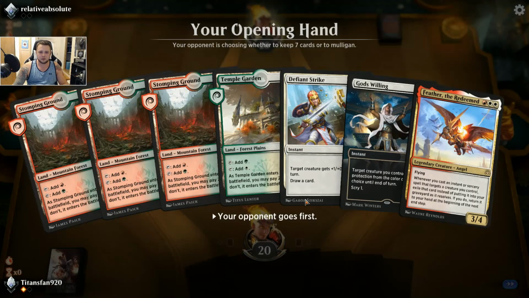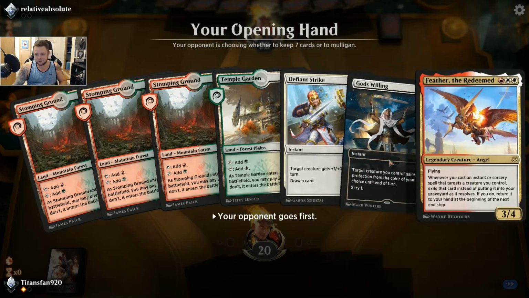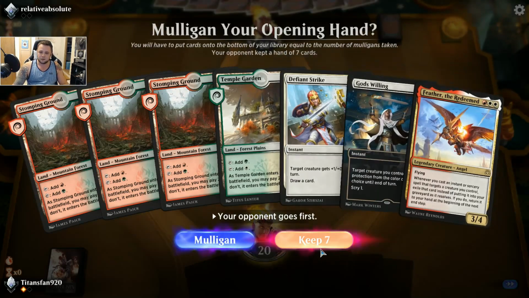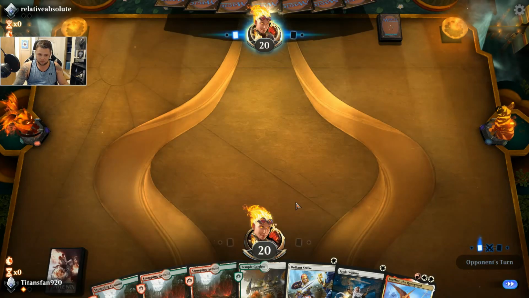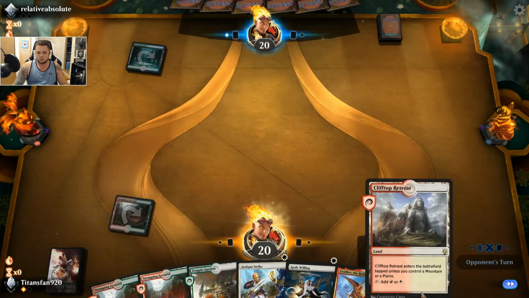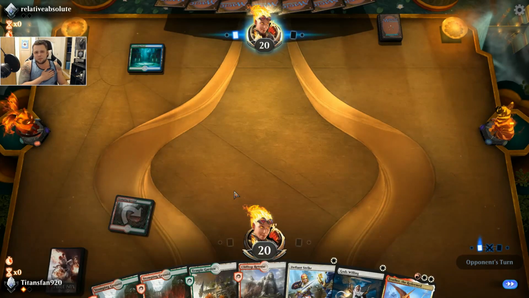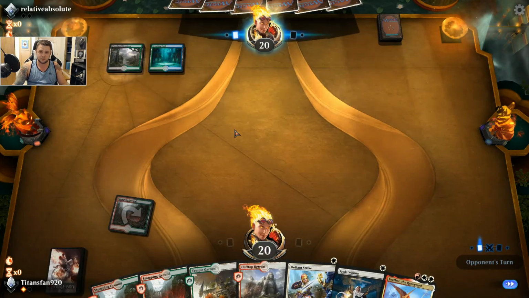Opening hand is a painful one. But we got Feather and Defiant Strike. I mean, this one just lacks a 2-mana creature and we're good, so I think we got to keep that. It's a little bit of a slow one, and maybe you're supposed to just mulligan until you get a really aggressive hand against this deck, but